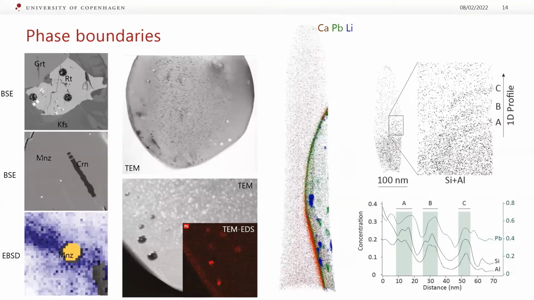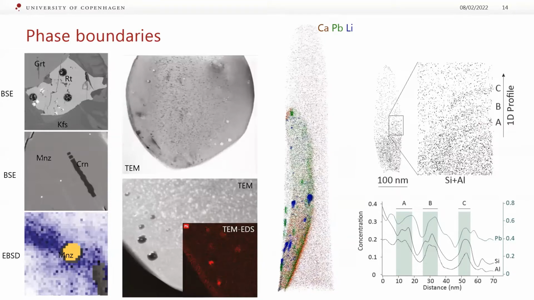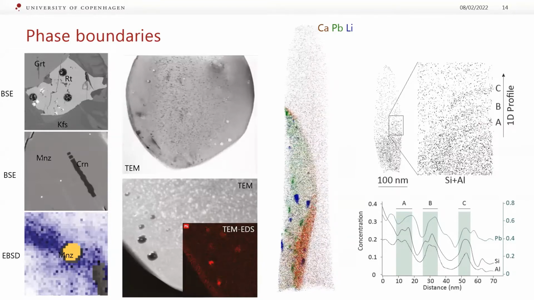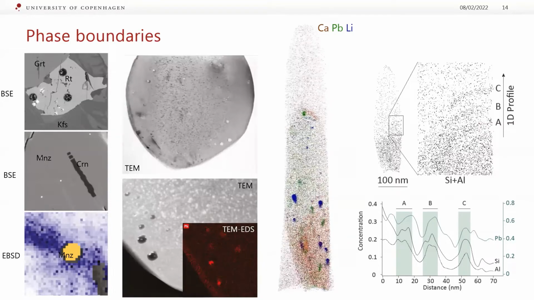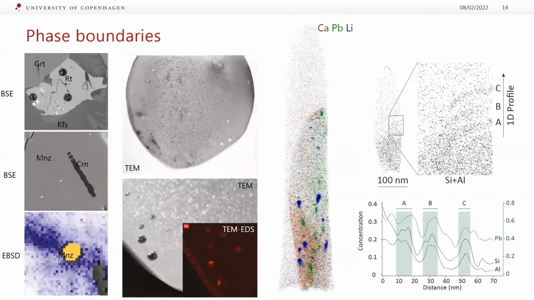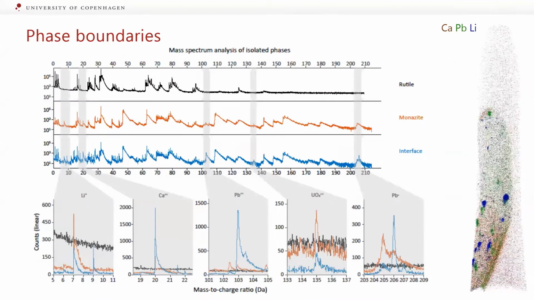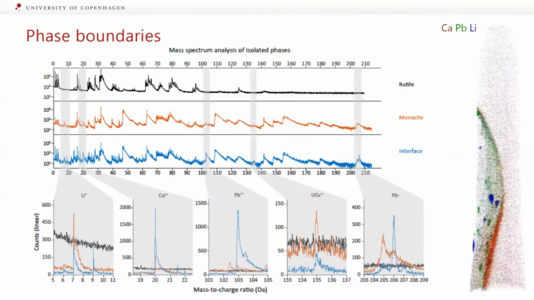So there's a difference in trace element distribution there. That transitions towards dislocations that we can visualize here at the bottom, where you can see that the concentration of lead, silica, and aluminium is higher in these dislocations and also higher at the bottom and the top. And then the final part of this, and the last slide, is that when you have such a data set, it creates a very, very massive,